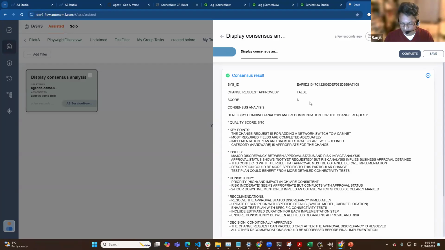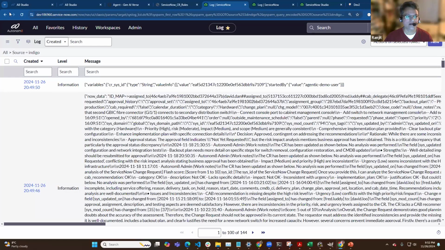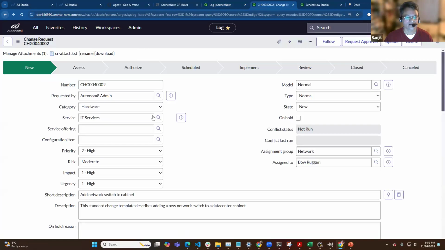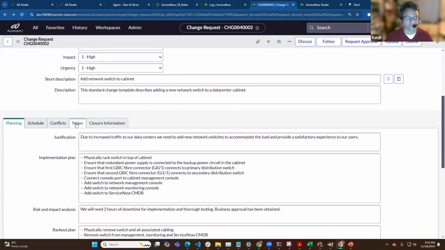You can incorporate that intelligence into the agent. So you can say if 2 of the 3 are above 6, then let this be approved, whatever it is. But the important thing is that this has now generated a combined analysis of this change request. So now, if I go back to ServiceNow, and this is the change request that I started with,